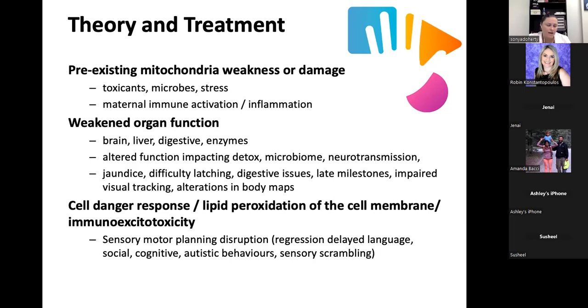And mitochondria have their own DNA, and they're extremely sensitive to toxicity. So when you look at the average baby born in North America, they have about 200 different chemicals in their cord blood. The average adult has about 700 chemicals in their body, in their cells. And so it's really easy to disrupt mitochondrial production of energy. So this is a deficiency syndrome, which we can then support through medical intervention.